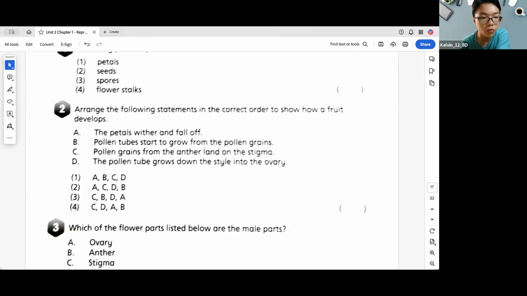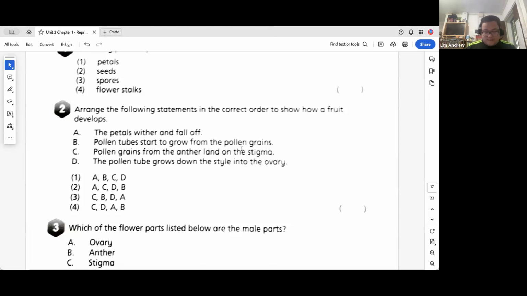Maybe I will choose number 3. Number 3, all right, very good. Thank you very much. You are right. Yes, the answer is number 3. Why? Because pollen grains landed on a stigma grow pollen tubes. Then one of the pollen tubes will grow down into the ovary and deliver the male reproductive cells to the female parts. Once the male and female reproductive cells fuse, fertilization occurs and the petals wither and fall